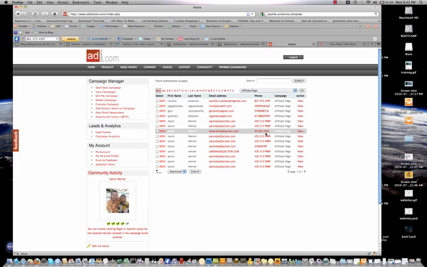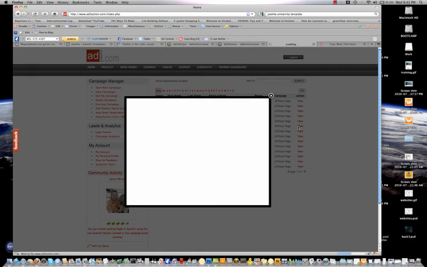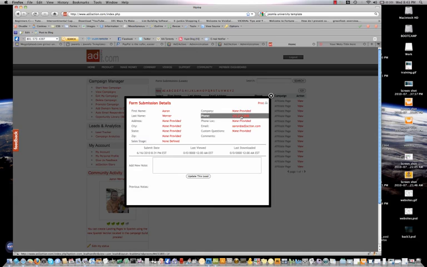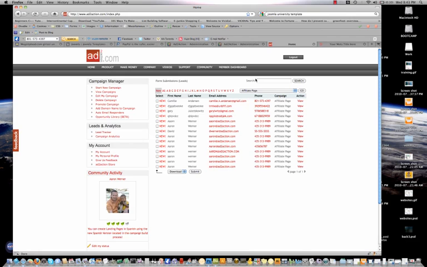So if I jump down here and I hit this lead right here, and I click this phone number, it's actually going to dial that number out using Skype or a soft phone. That may come in handy if your cell phone's dead or you can't get to a landline, but you do have an internet connection. So some cool stuff there you can do in the lead manager. You can download any of the leads into a CSV file and again move them off the system. Anyhow, I'll be back